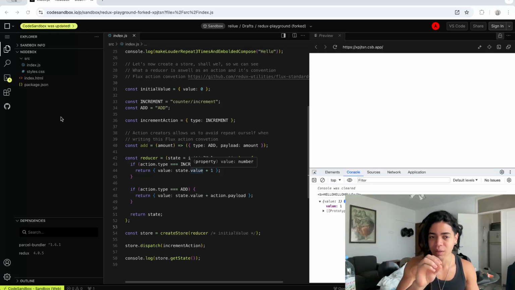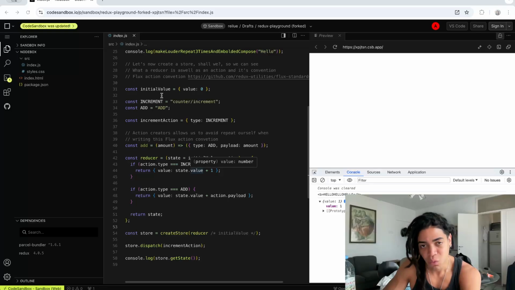So why is this important? Because we were talking about immutability as well as serializability, which means that we need our data to be in a particular format as a way to make some optimizations. So that's why also one of the goals of Redux is to